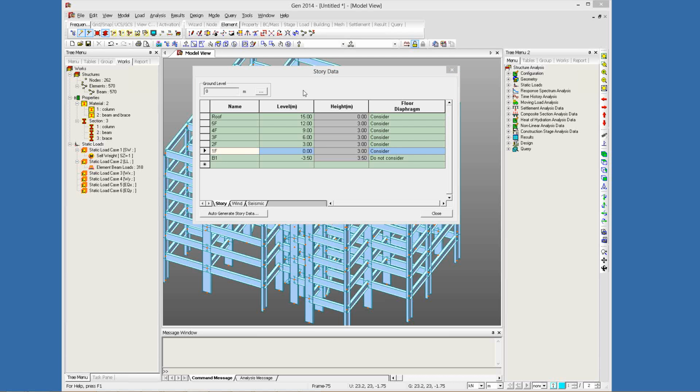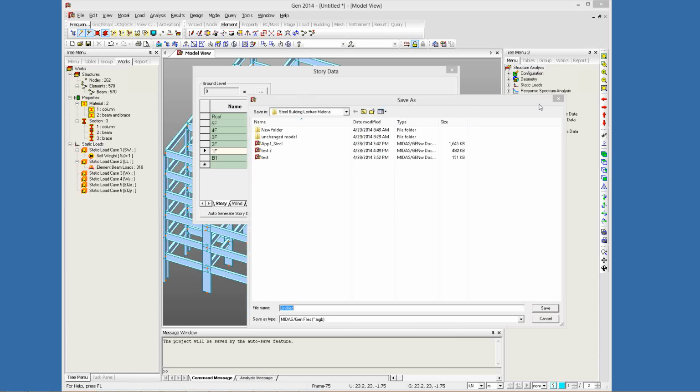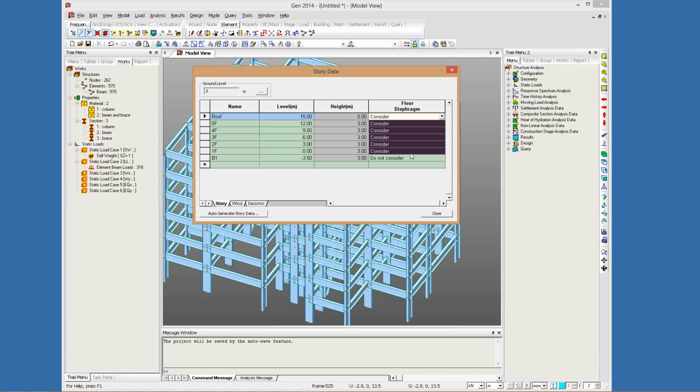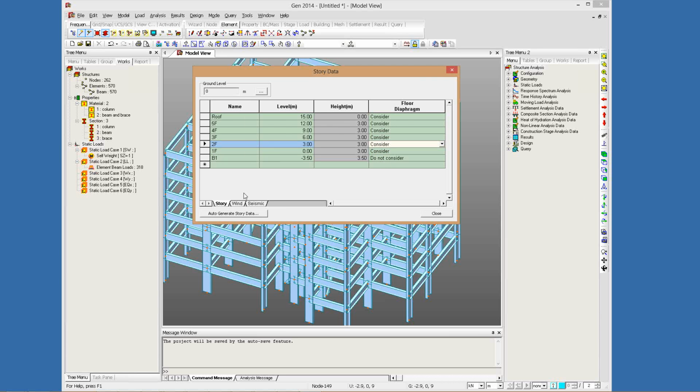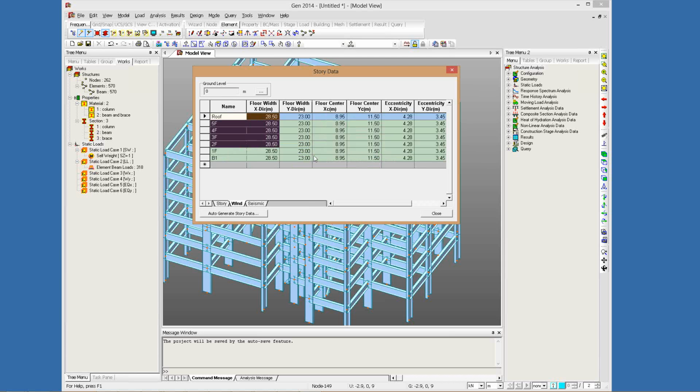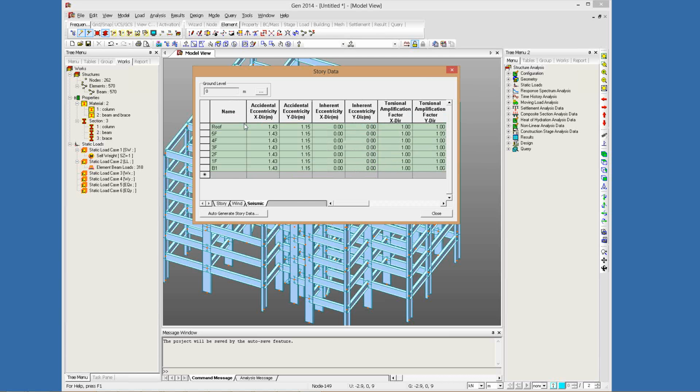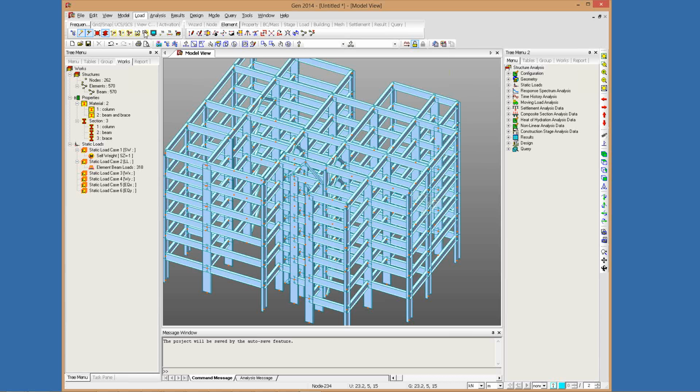The other thing that I would like to point out is you can see here floor diaphragms. So floor diaphragms basically are automatically created when you go for the auto generation of stories. So floor diaphragms basically mean that you don't need to model your slab. However, if you do want to model an RC slab, you can do so using the plate elements, and in that case, you can just choose the do not consider option. Similarly, you also get the data for wind and seismic generation options. Okay. So once this is done,